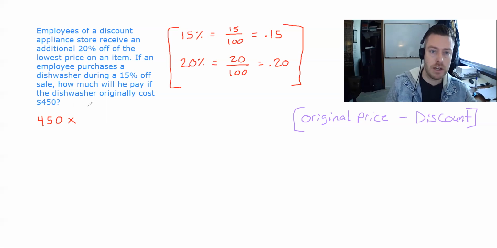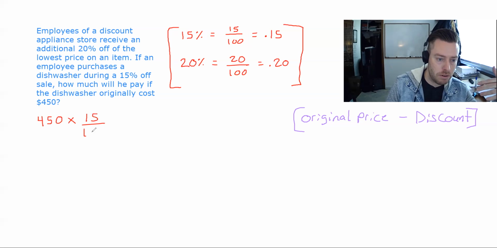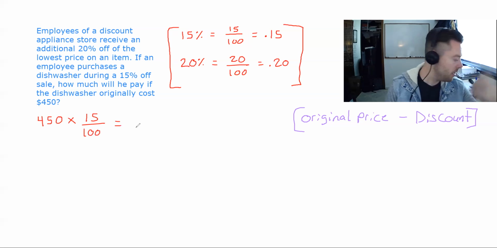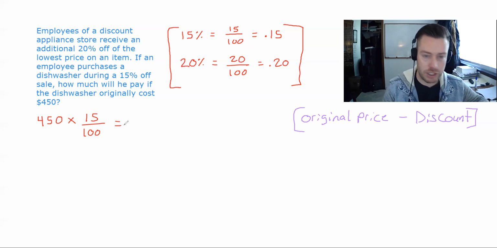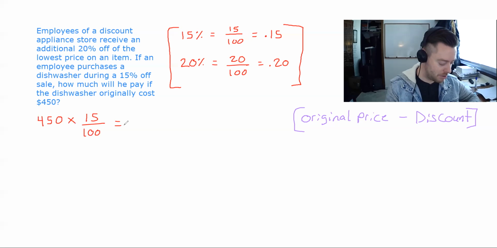So 450 times 15%. 15% is, as we stated, 15 over 100 or 0.15. Let's just do 15 over 100, right? And because I am very cheap, I'm going to put this into my calculator. So we're going to do 450 times 15 over 100. And hang on, 450 times 15 divided by 100. Cool. And so what I get as my answer here is I get